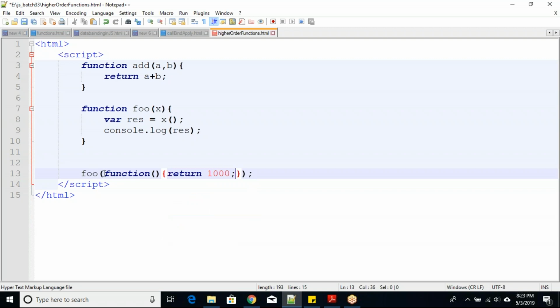Can you understand my point? This whole function will be passed to x, and I am trying to call that x function, which will return the result, and that will be stored in res, and that will be printed.